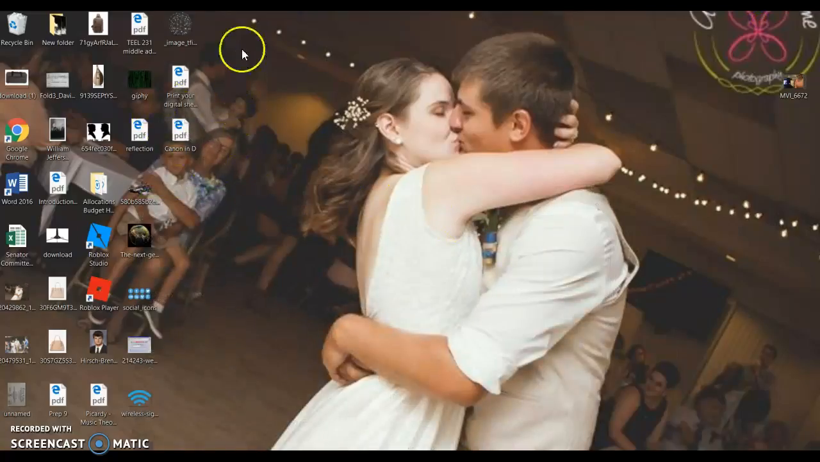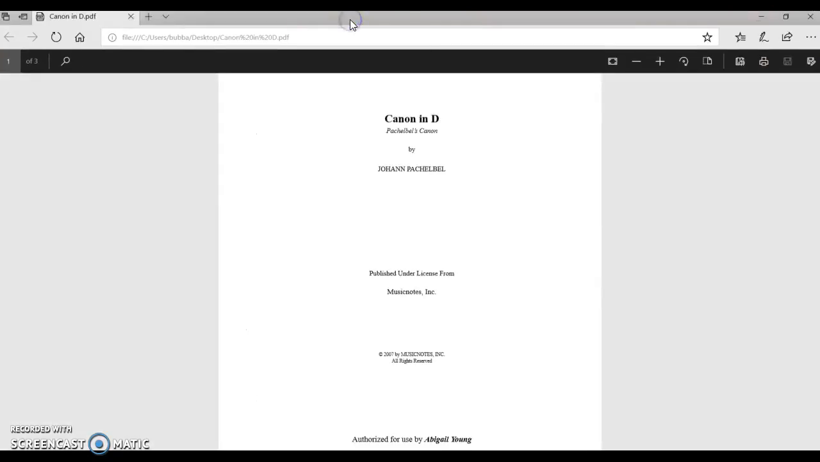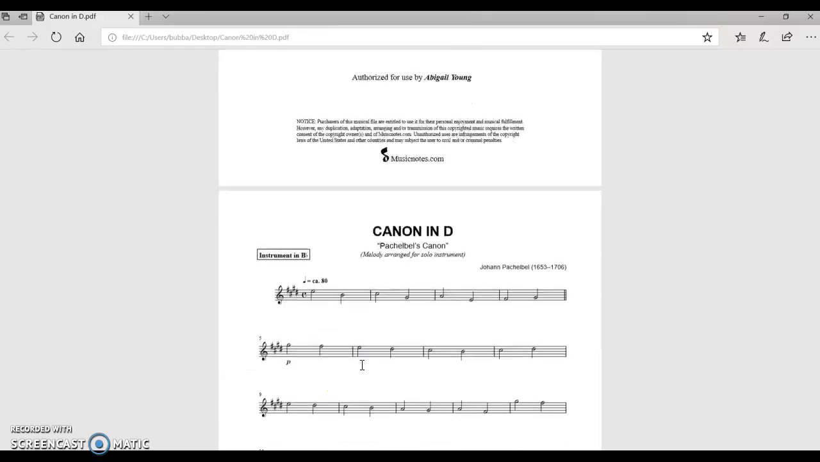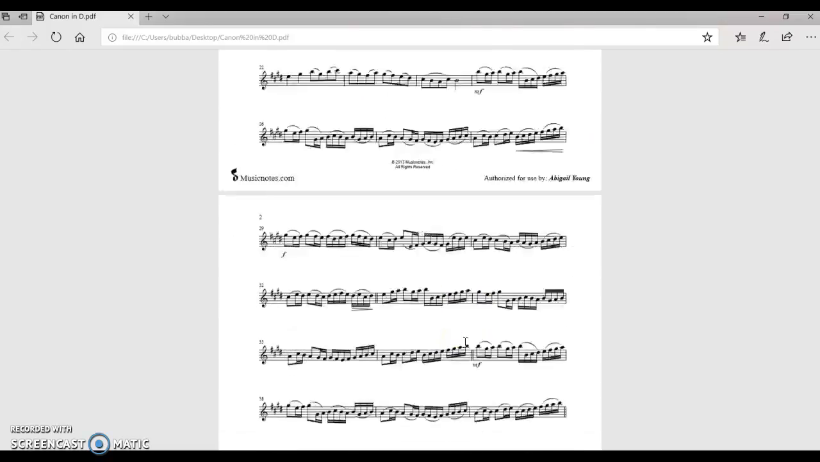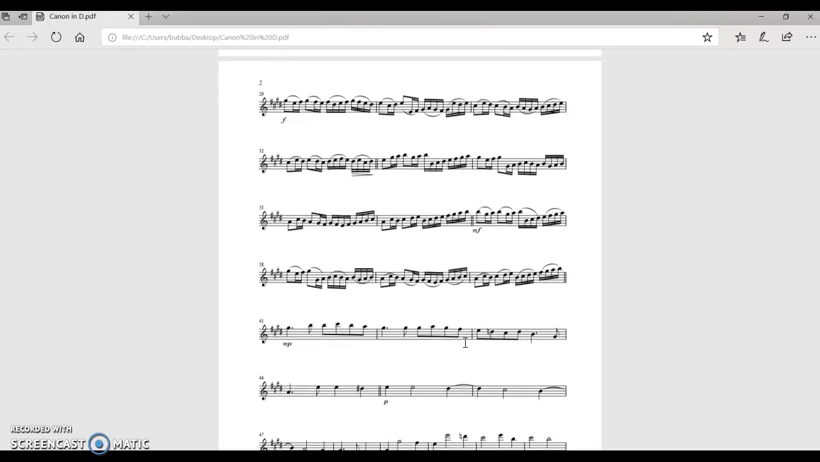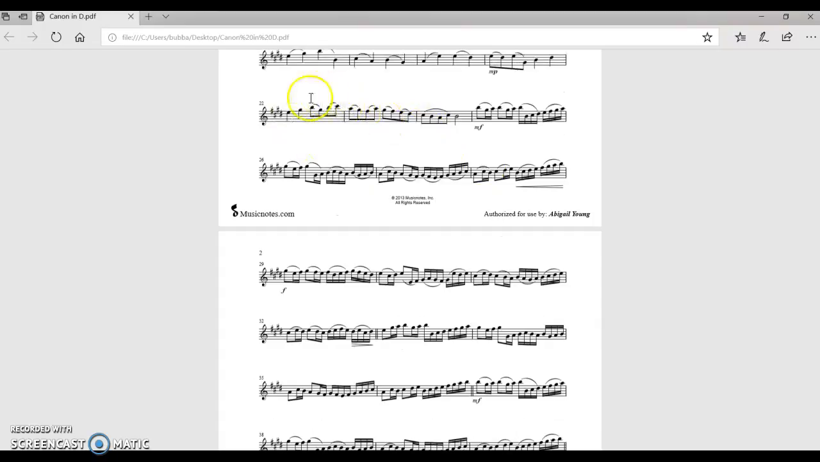Alright, so now I have all my desktop files here. It's a little messy, but I'll go to my file, and here's my piece. What I would want to do is show students problem areas, look through it, have them realize key signatures, timing, everything where it's really easy, and have them identify problem areas with either speed of notes, range of notes,